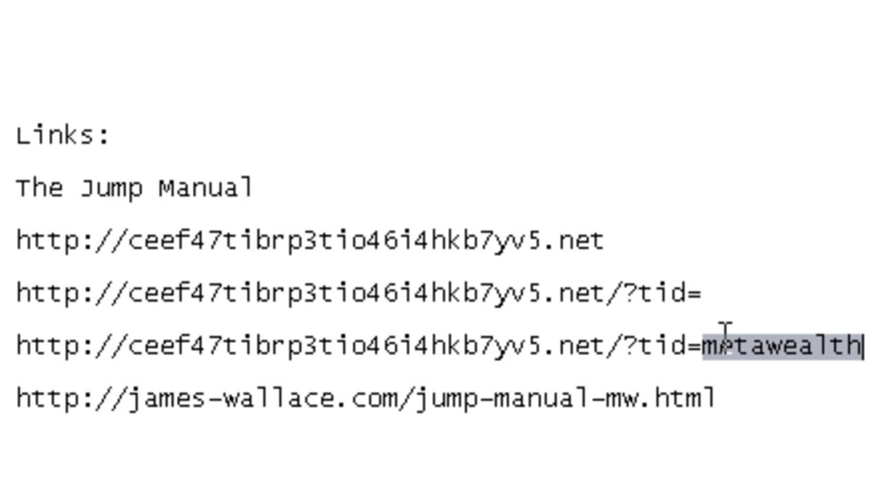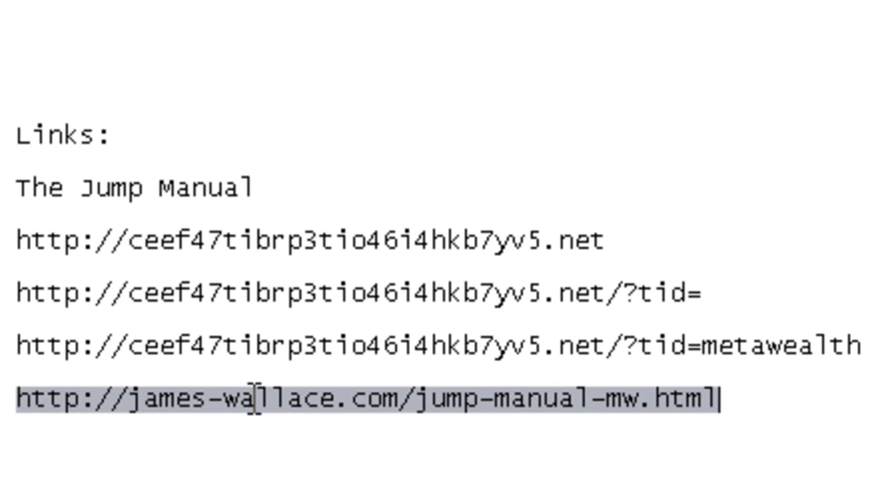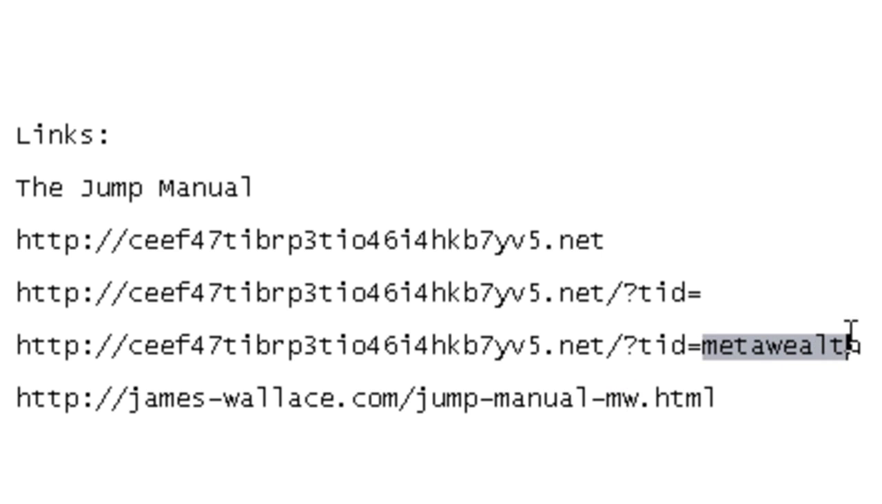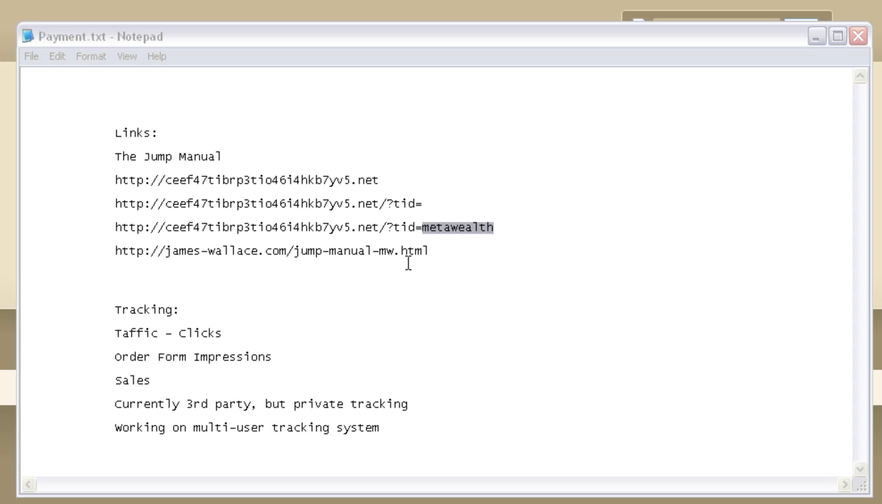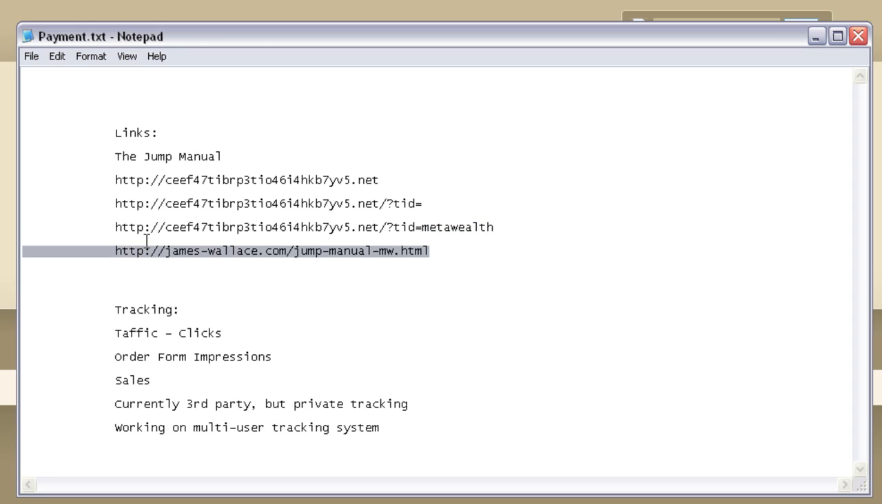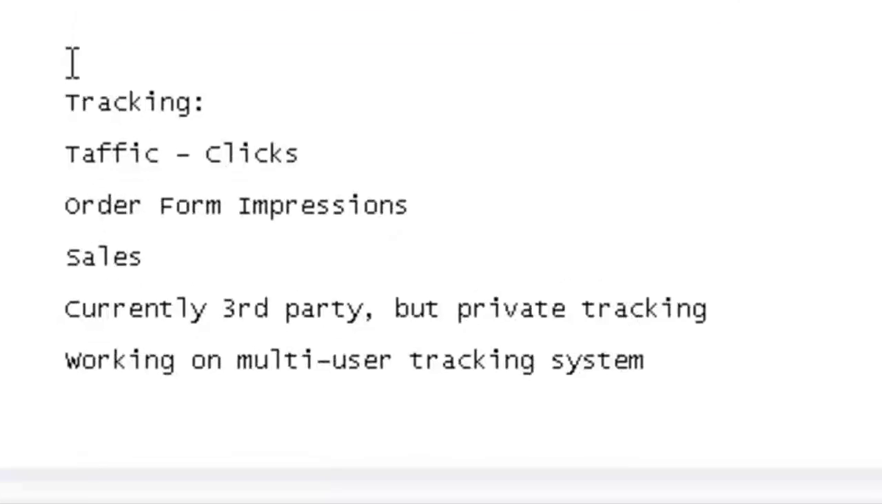And then we take this last link right here, and we cloak it and create a link that looks a little bit better. And as I explained in an earlier video, we end up with the forwarding domain, the advertiser, and then your initials right here. So we have MW representing MetaWealth. So with this cloak link that contains all the information we need, we're able to do some